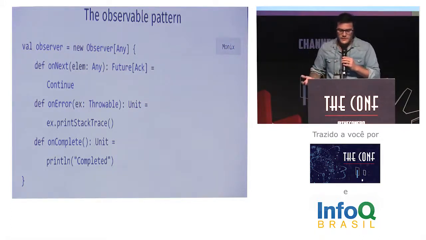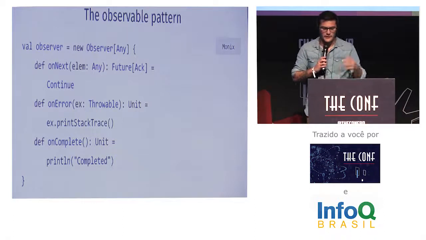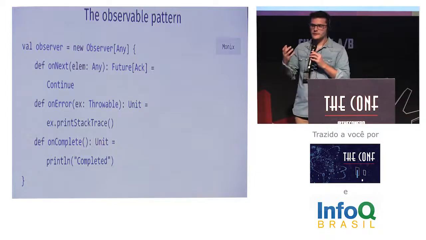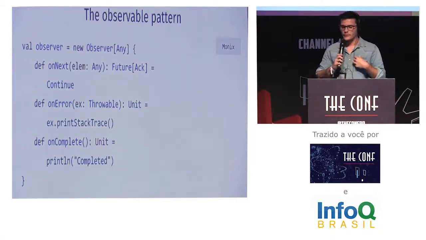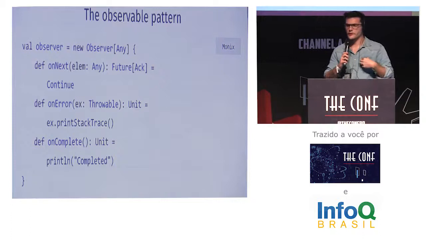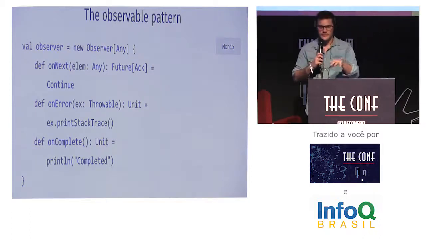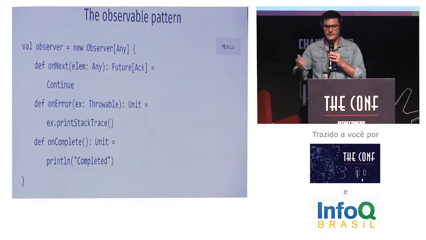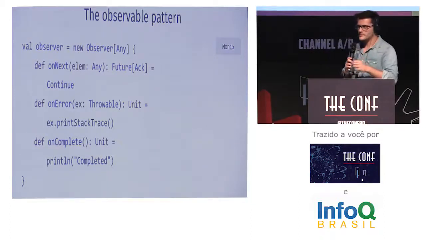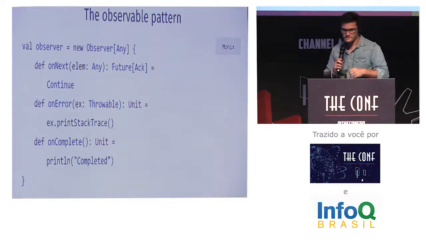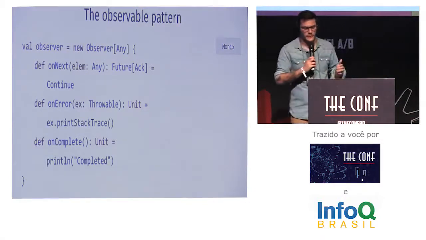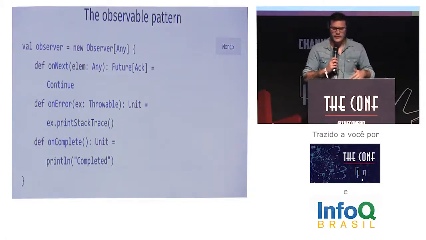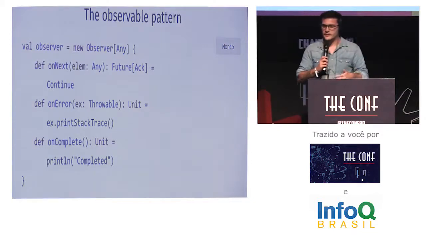They also implement strategies to prevent resource starvation, like here, on the onNext method. We can decide to feed the monadic chain only when we know it's safe to do so. So we can inspect our system memory and see if we still have enough room to process this data. So we can apply some back pressure strategy. To handle errors as well, on the error method, and how we recover from them. And any other events that might happen during the execution.